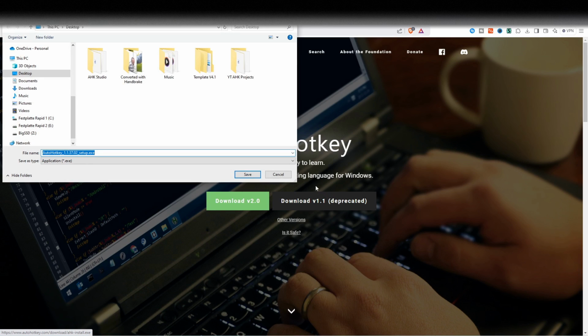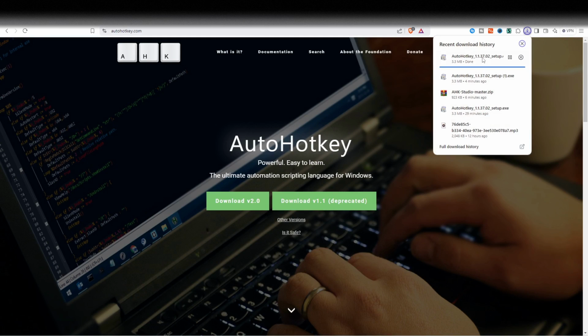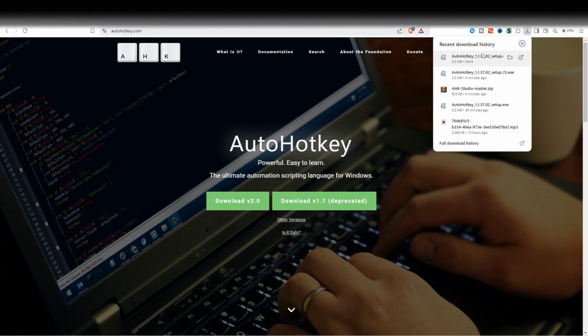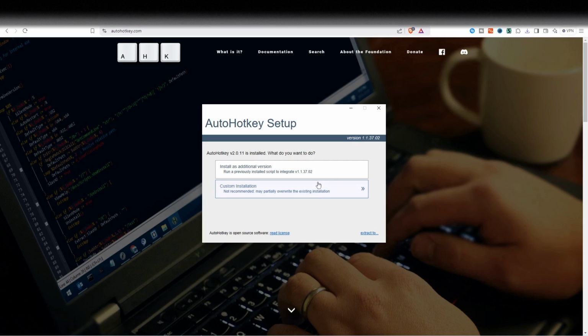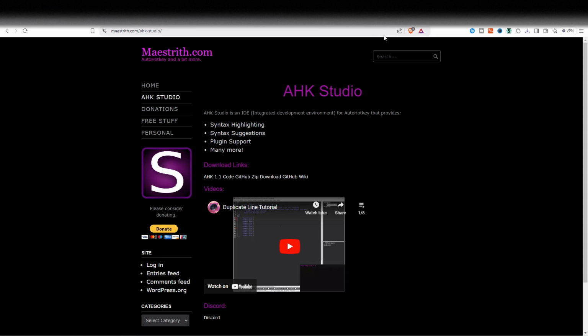So let's click download. Then download it wherever. Wait till it's finished. Then click install. Once it's finished, install. And just follow the steps. I won't do it since mine is already installed. So yeah, it should be a pretty normal installation process. At some point you might have a pop-up. Just close everything after the installation. Done. Okay. After that, we go to AutoHotkey Studio, to that website here,